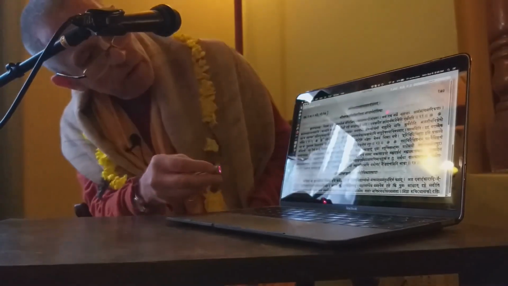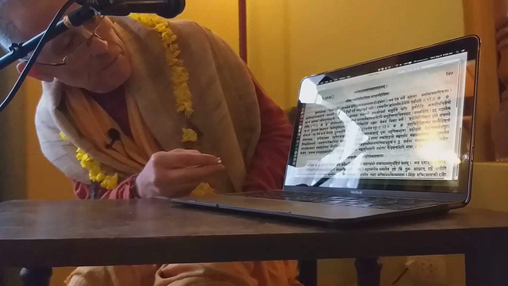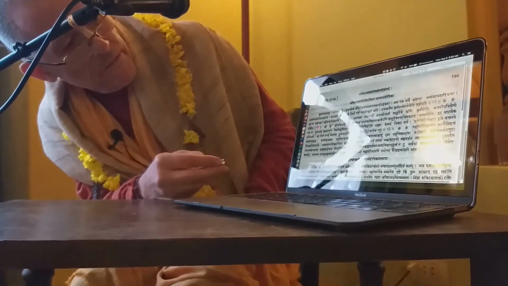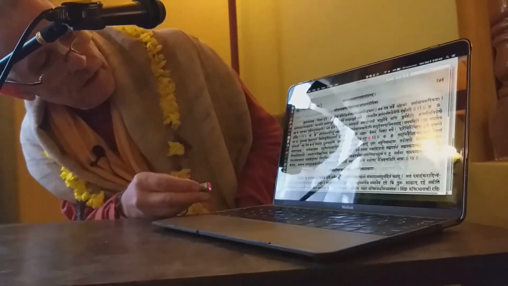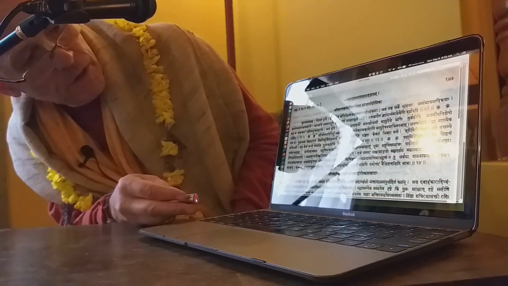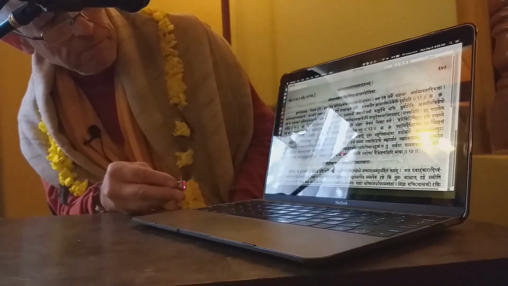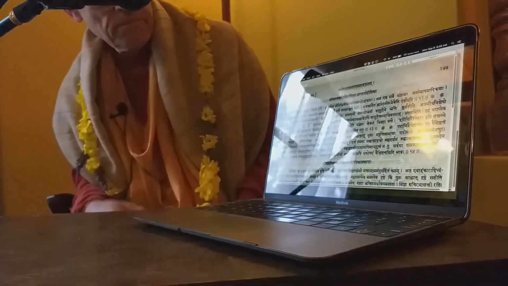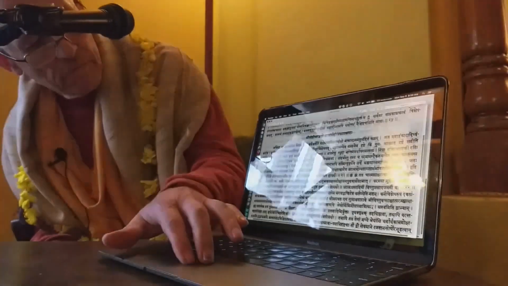And then he goes on to the next verse, which ends here. It's also quite short. And then the next one is a little longer. And his commentary to verse 24 is a little longer than that. And then